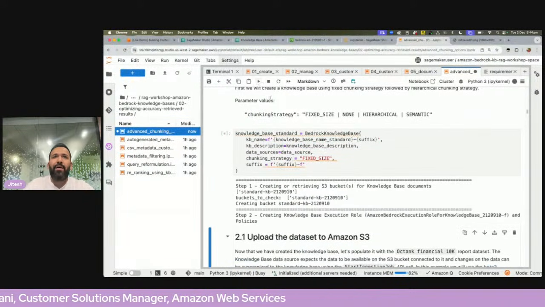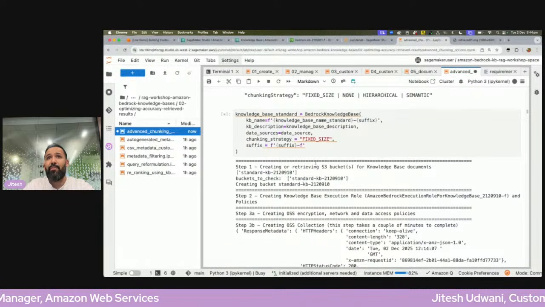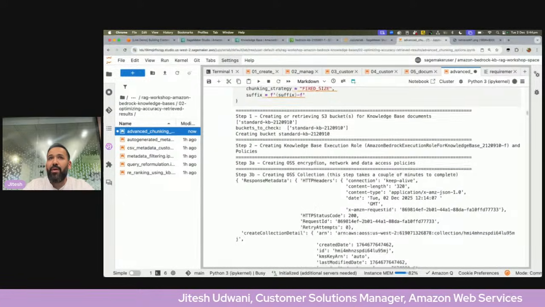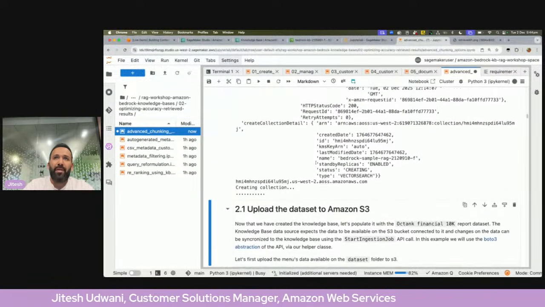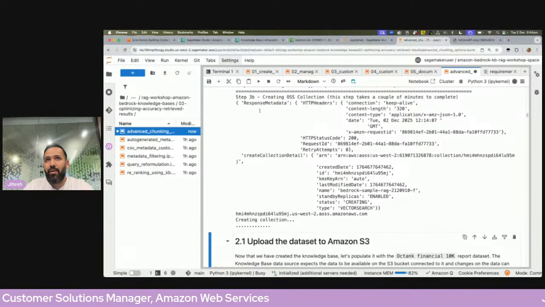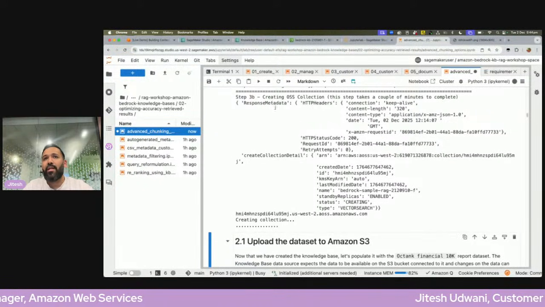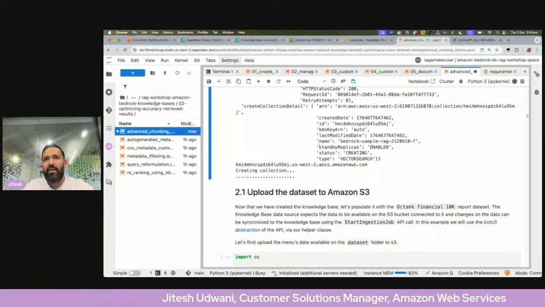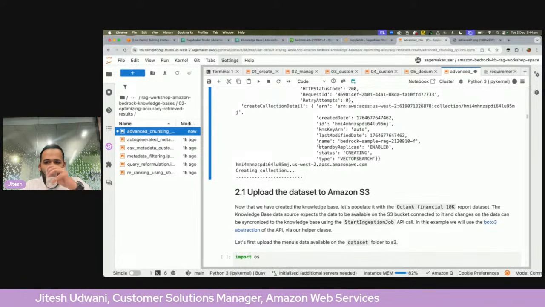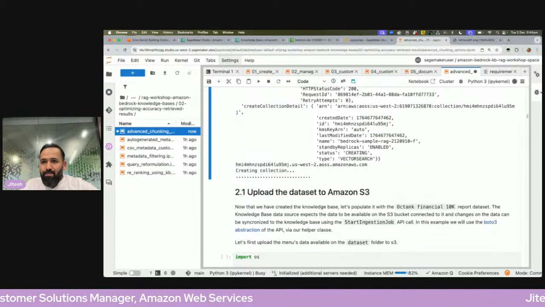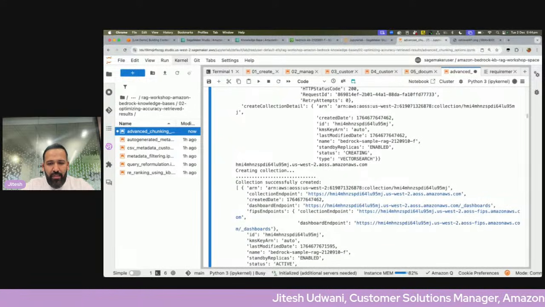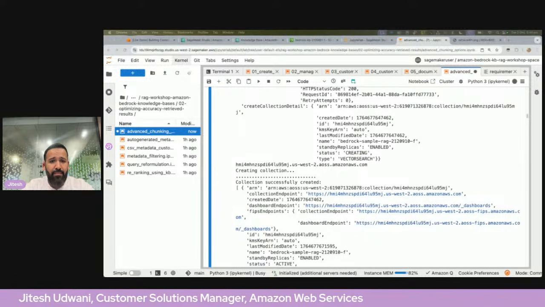Enough of talking on this one, because this also takes a certain bit of time. In this workshop specifically, we are going to create a knowledge base, and creating a knowledge base is a bit of a time-consuming process, because internally it calls a lot of other services. OSS, creating the OSS collection, creating roles and everything is pretty easy, straightforward. But knowledge bases take time. Meanwhile, while this is happening, because I know it will take some time,